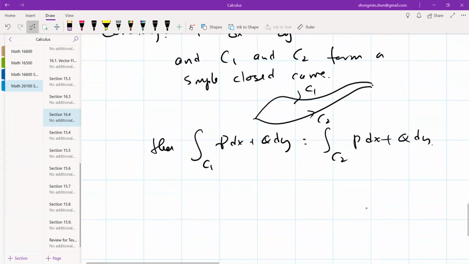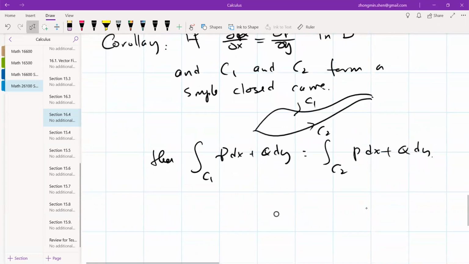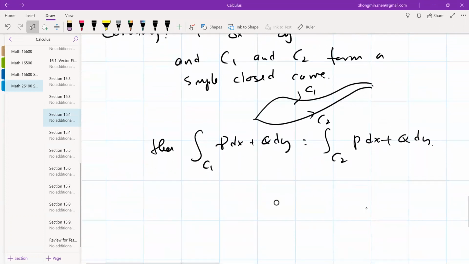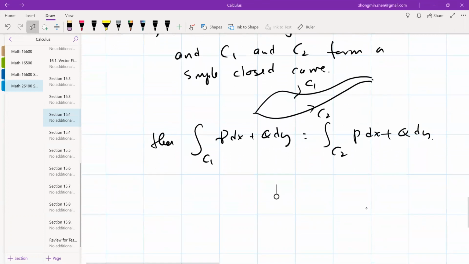All right, from here you can prove that for a simple domain, that means no hole, if the above equation holds, then F is conservative. You can use that. So then you can prove F is conservative. By the above result, one can show that